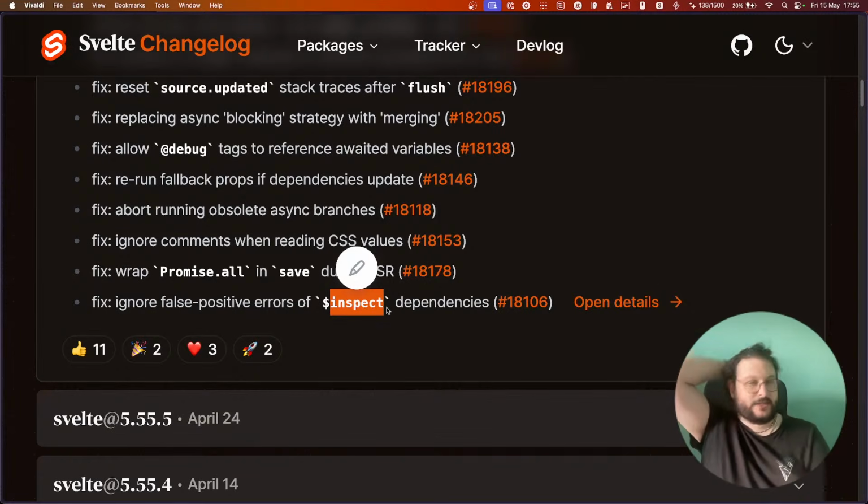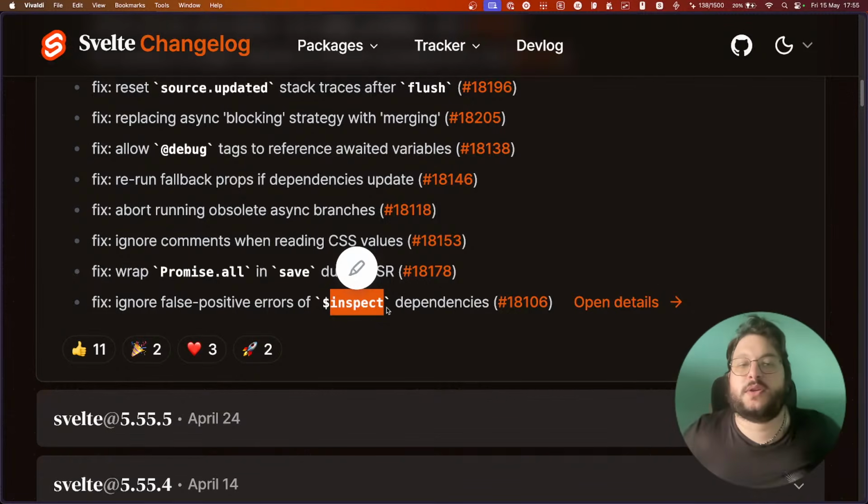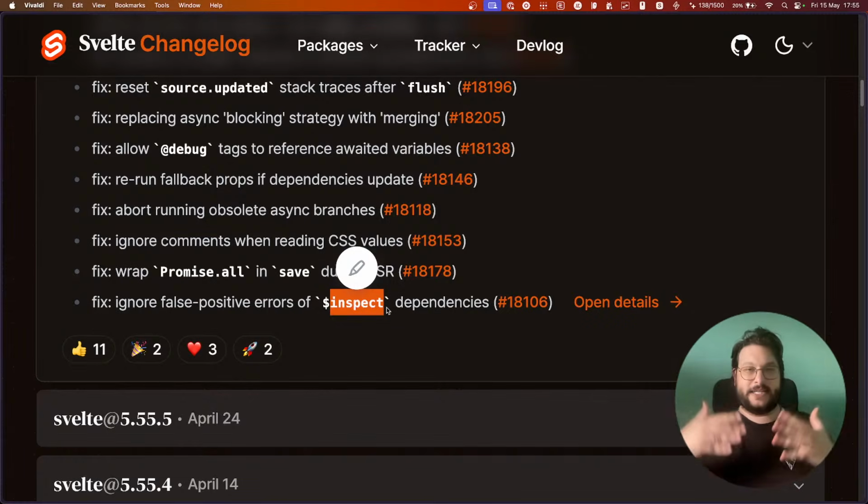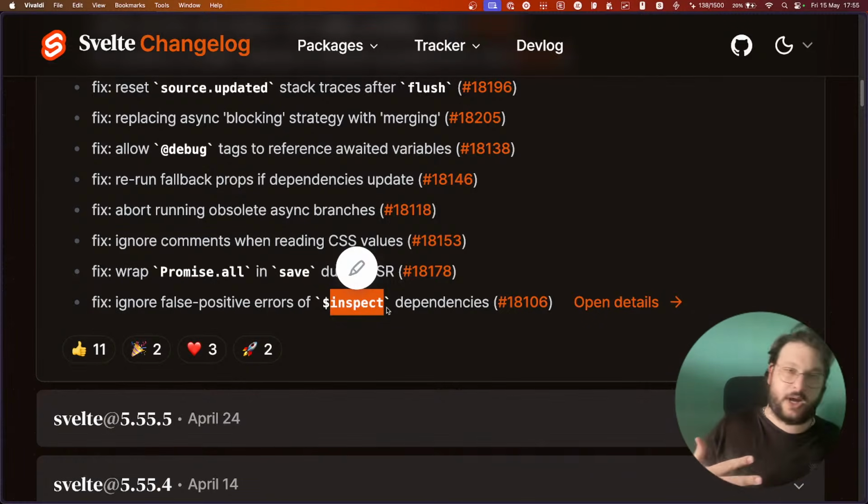The reason why it runs synchronously is because we want to make sure that the stack traces are actually correct.